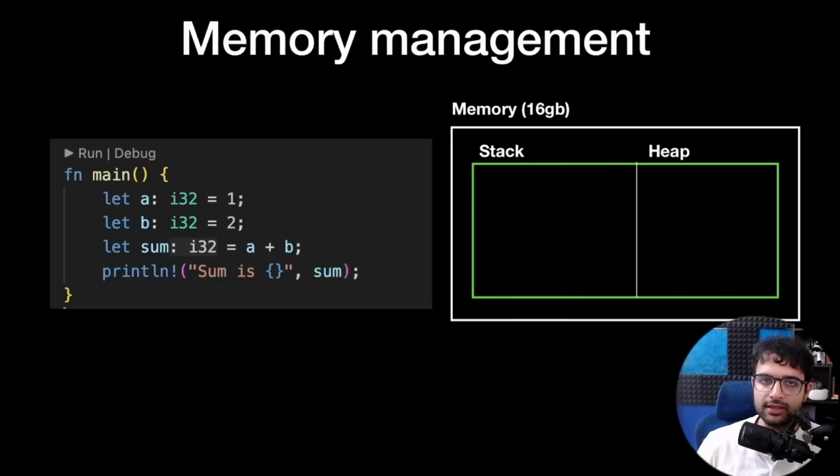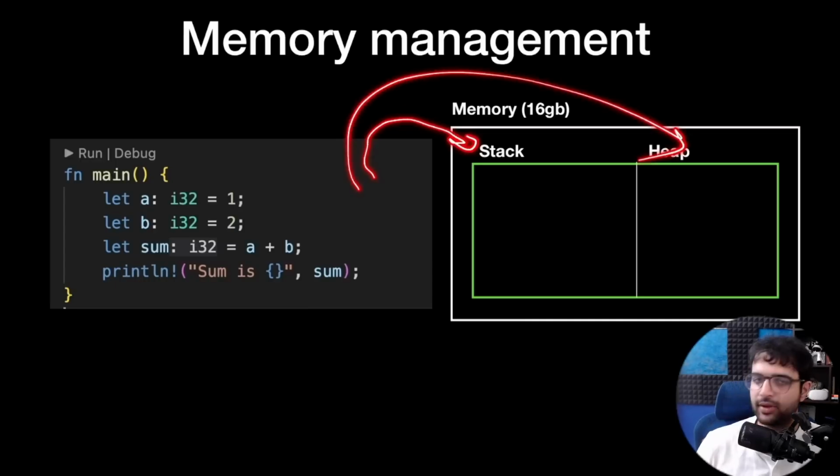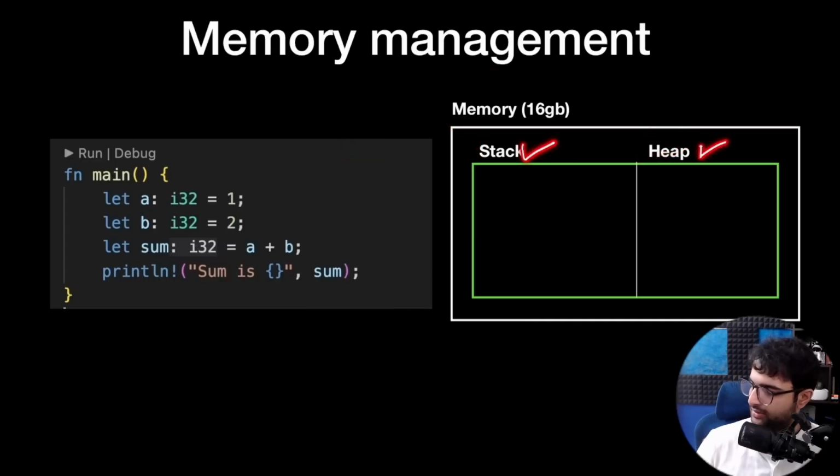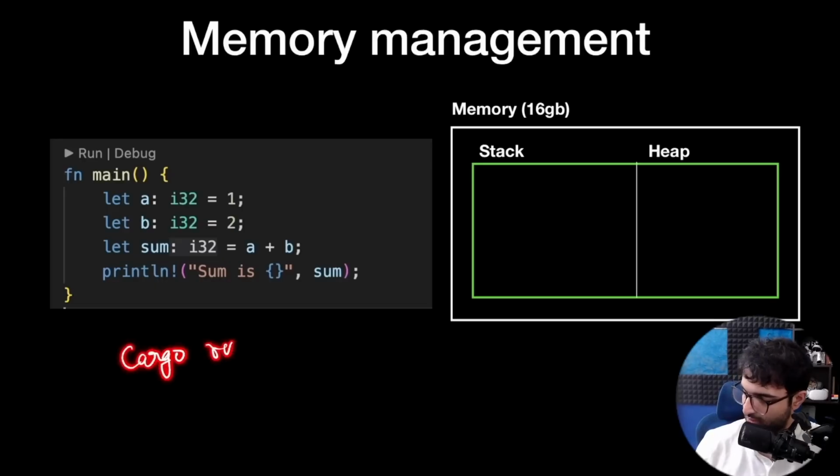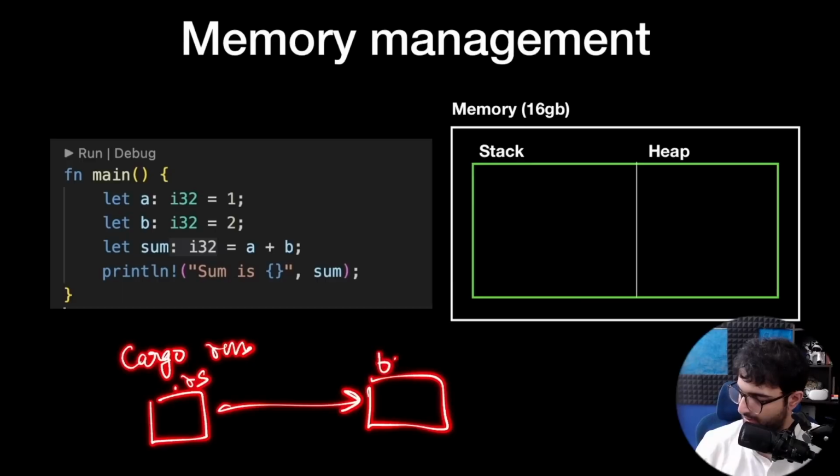Whenever you create a Rust program, similar logic applies to C++ as well. There are two sorts of memories that you have, the stack and the heap. The stack is where you put static data, the data whose size you know is going to be this much. If you can predict the size of a variable at compile time, I repeat, whenever I run cargo run on my machine, my .rs file first gets converted into a binary, and then this binary is what eventually runs